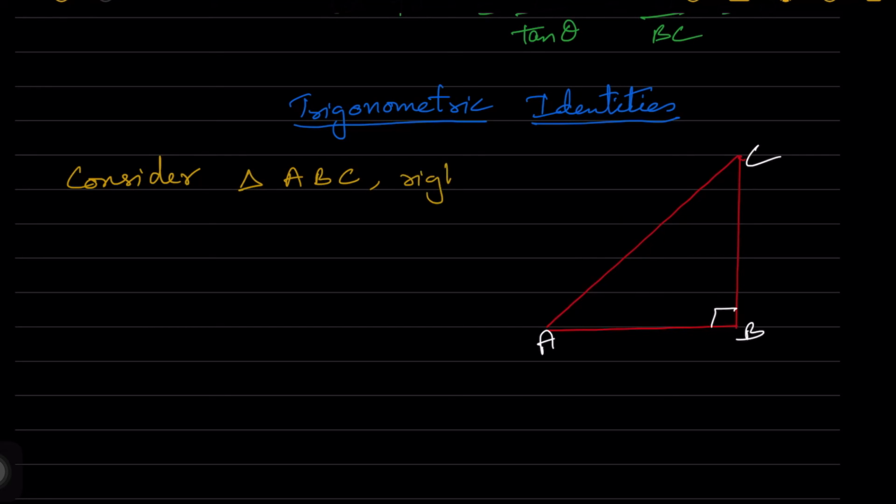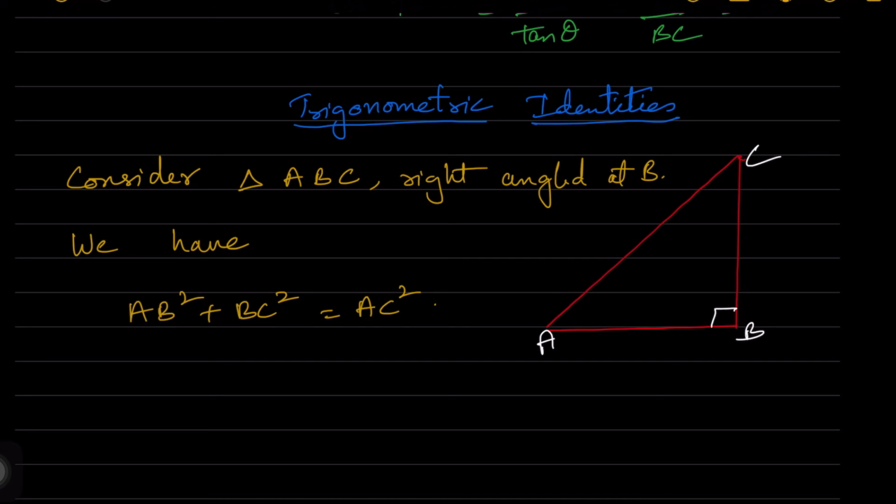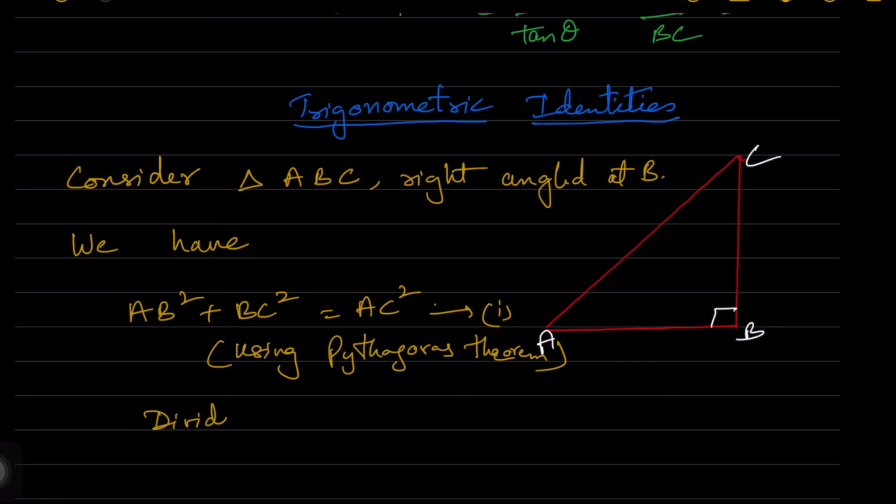Consider triangle ABC, right angle at B. We have AB square plus BC square is equal to AC square. The sum of squares of the other two sides is equal to the hypotenuse square. We are taking this as equation 1, using Pythagoras theorem. Now dividing each term of equation 1 by AC square we get